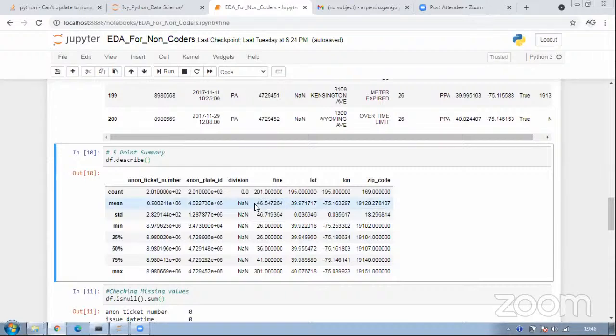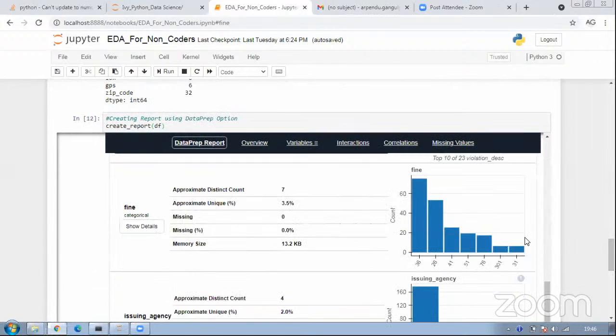My mean is 46 and my median is 36. Why is it increasing so much? It is because of the presence of these outliers, these 6 guys in here, which are increasing your mean value. Once you remove them, your mean value might reduce to 36.